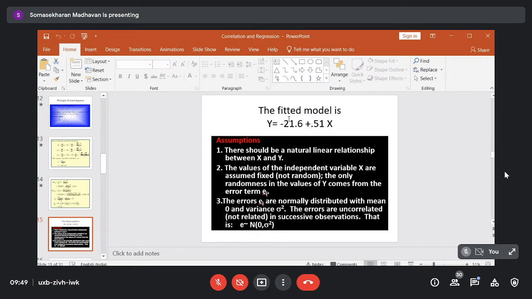Even constant variance can be checked by just constructing a scatter plot. If the points are distributed within a horizontal band, or a uniform band along the points, then we say that the variances are constant. But suppose the relation is just like a cone, that means one side will be much wider than the other side. That is an indication of non-constant variance. So a simple graphical procedure will give indications of the violation of assumptions.